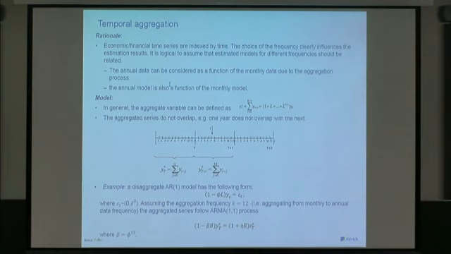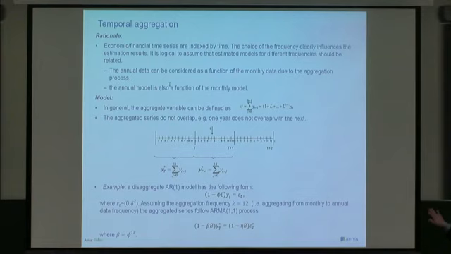So the annual data can be considered as a function of the monthly data due to the aggregation process, because we sum up 12 observations to get the annual results. So the annual model should also be a function of the monthly model. And the theory develops that approach and proves that there is a closed form, an analytical solution to that aggregation issue. I won't describe the model because it's quite complicated and involved, but you can see